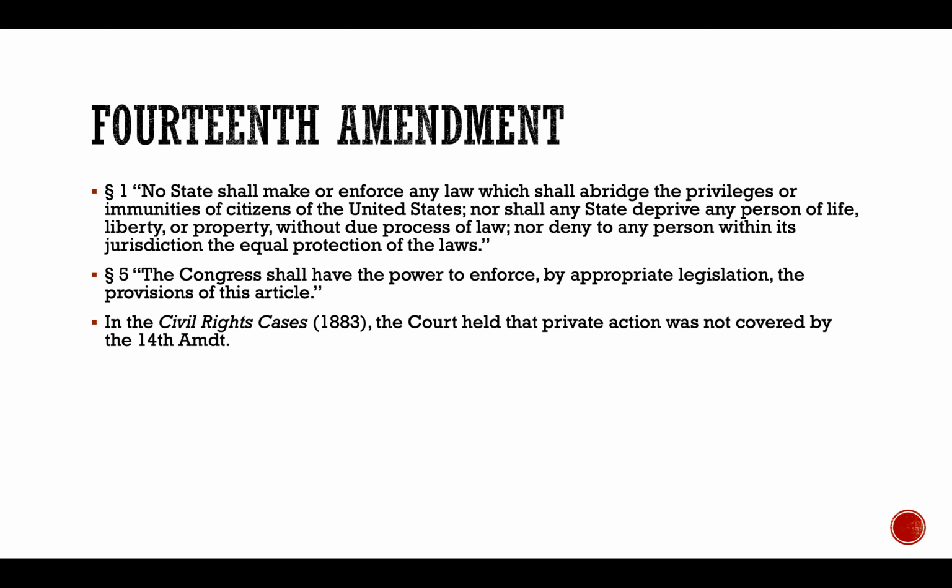So let's go back and look at the text of Section 1. It says, "No state shall." And then it lists what the states can't do. No state shall deprive any person of life, liberty, or property, nor can any state deny any person within its jurisdiction the equal protection of the laws. So what this means is that no private individual can be said to deprive someone of due process of law as intended by the Constitution or as prohibited by the Constitution. No individual can violate the Equal Protection Clause in their interpersonal individual treatment of each other.